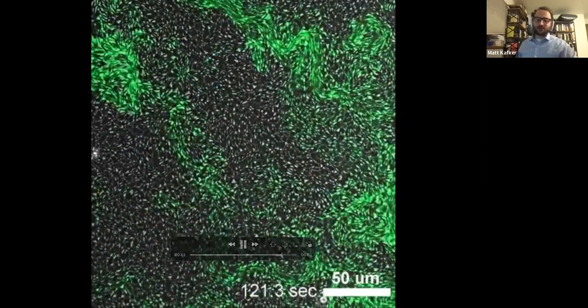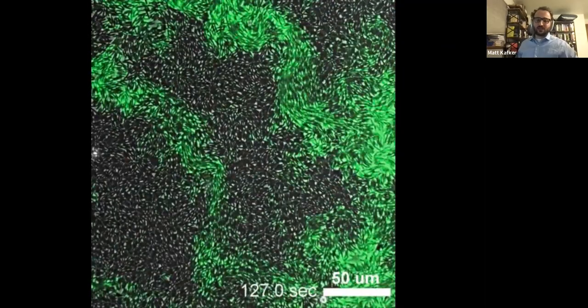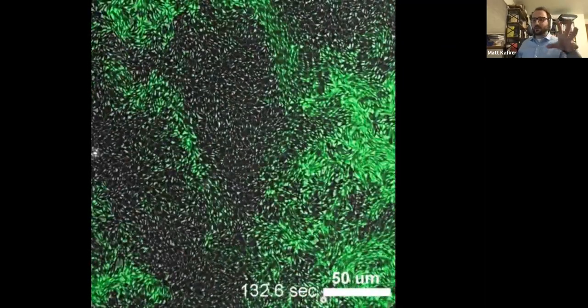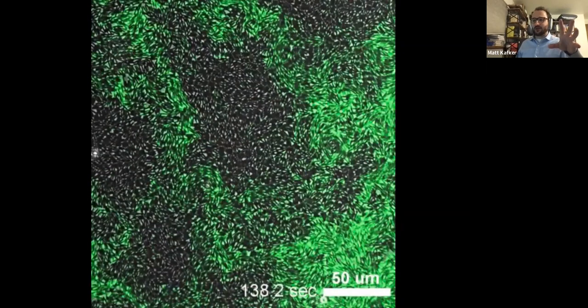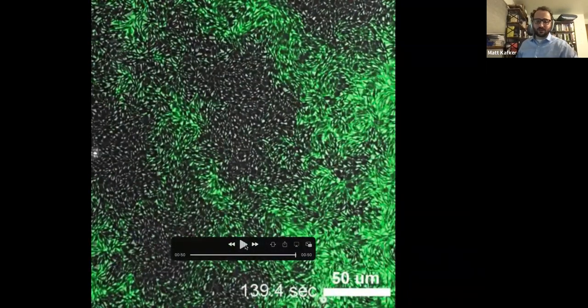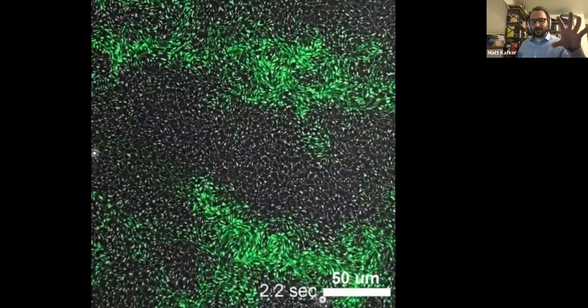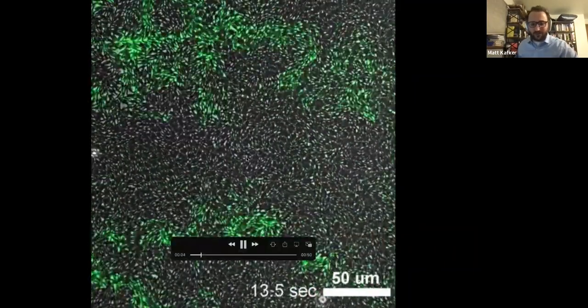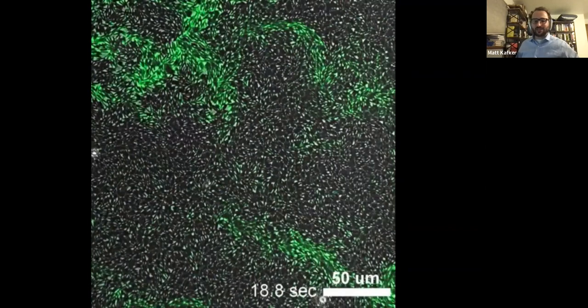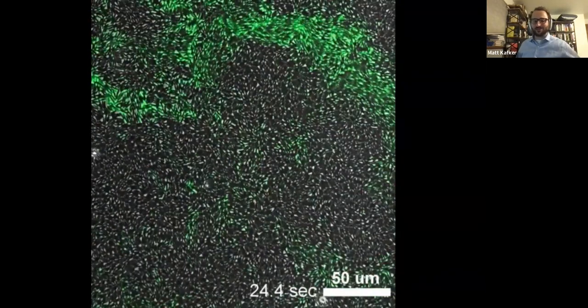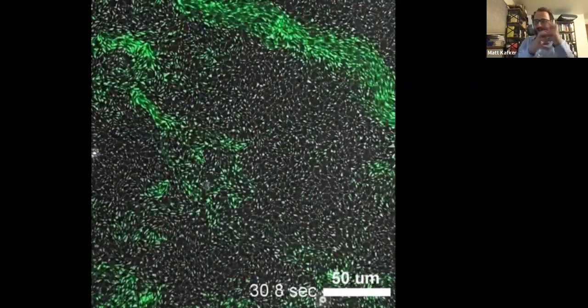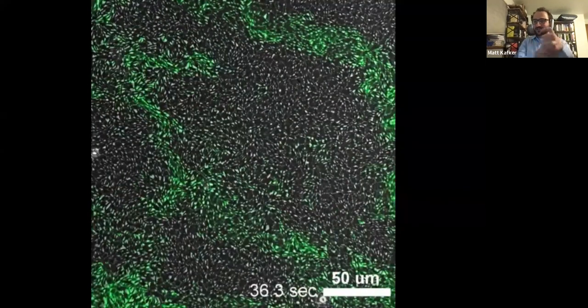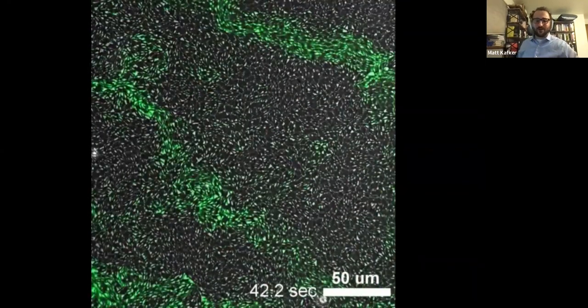And the reason why I'm showing you this is that these bacteria are jammed. So the exact same physics that we're talking about with jamming of spheres, I'll just play this again, is taking place. These cells are jammed with one another. And if you try to look closely at what's actually happening in the non-green regions, you can probably believe they're moving around, but they're just crashing into their neighbors and they're not able to go very far.